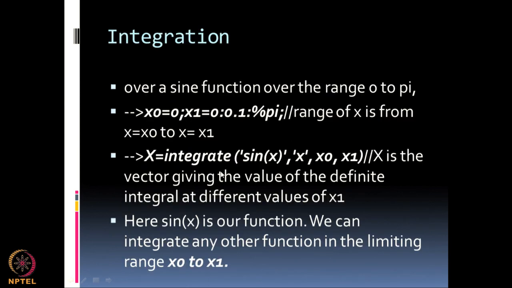What I want to do today, in particular, is to integrate some function, say sin x. The function is sin x, the variable is x, and the starting value is x0, which I have given as 0. x1 is an array consisting of 0 to pi with a spacing of 0.1.